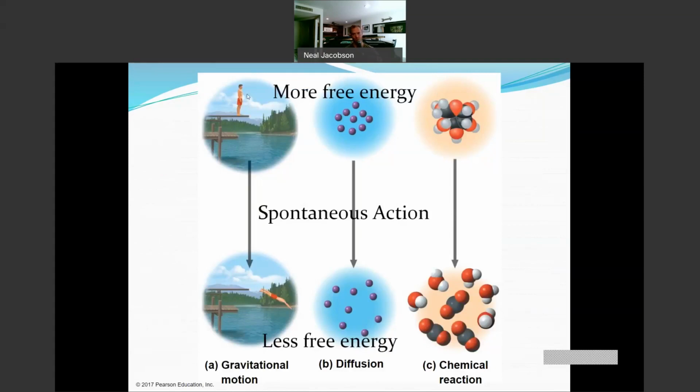The guy on the diving board, right? So he's representing a distance away from the center of the Earth, and there's a gap there, so that he can go from a state of potential energy up here on the diving board and transfer that into kinetic energy just by falling off the diving board. He doesn't have to jump, he just falls and his potential energy becomes kinetic. And so this idea of gravitational motion or diffusion or a chemical reaction, these are all spontaneous events. These are all spontaneous actions, meaning